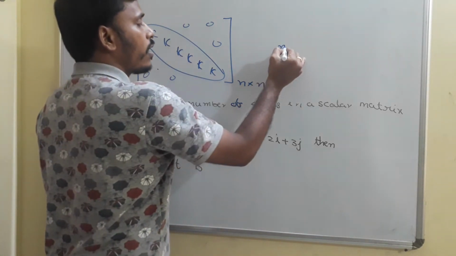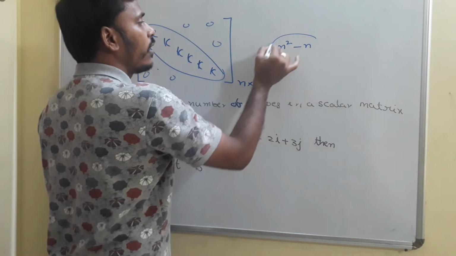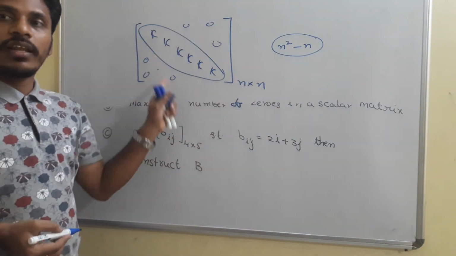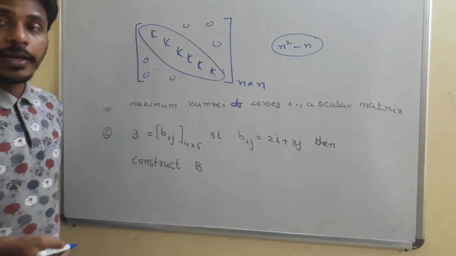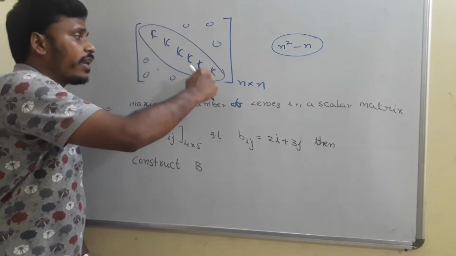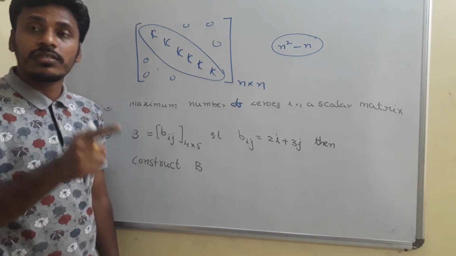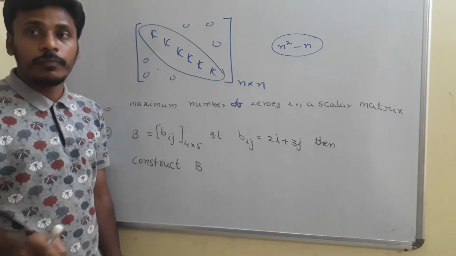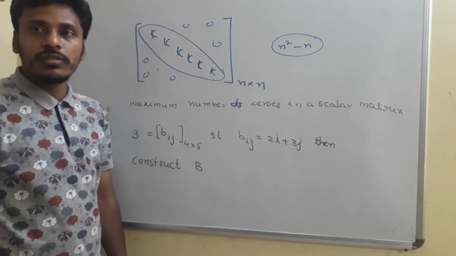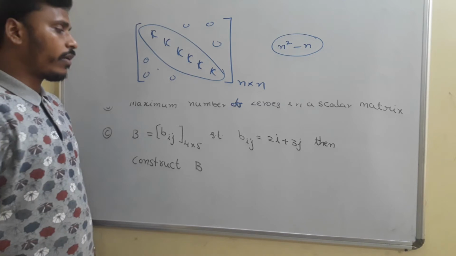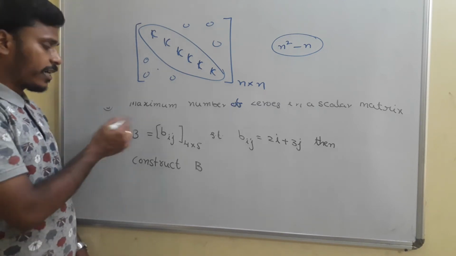The number of non-diagonal elements is n square minus n. Since the order is n by n, totally there exist n square elements, and among those n square elements, n elements are the diagonal elements, and all those diagonal elements equal the same non-zero constant value. So leave all those n values, and the remaining elements are n square minus n. Right, that's the second problem.